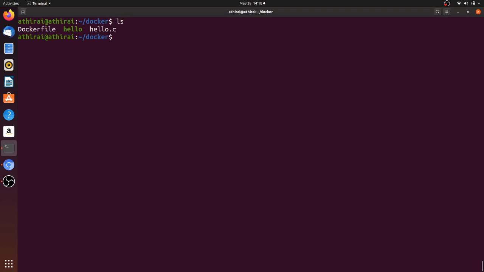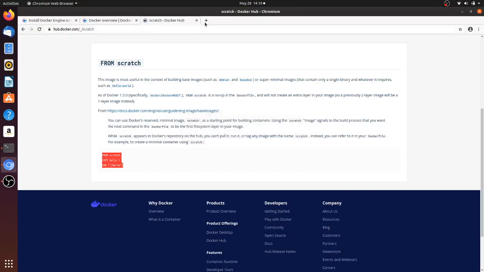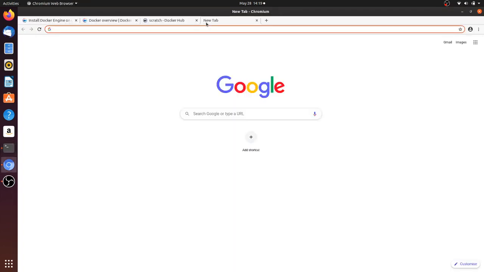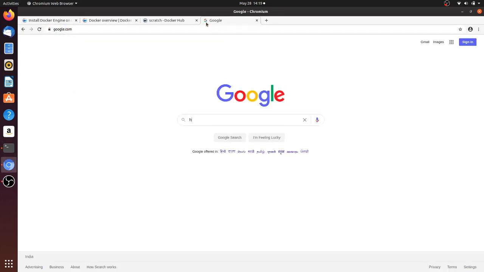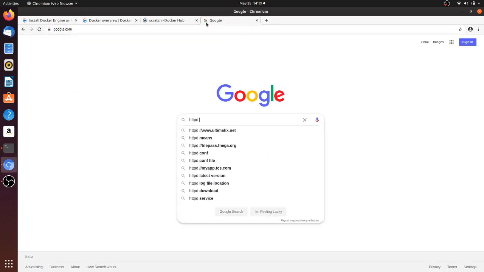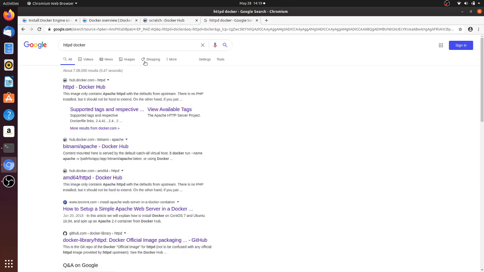Okay, now I wanted to run a web server using docker, right? So first I will google for any http web server docker.